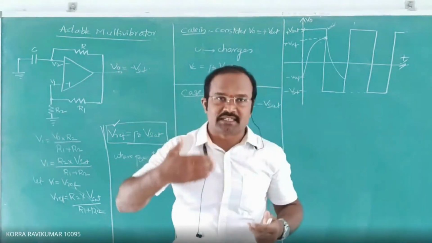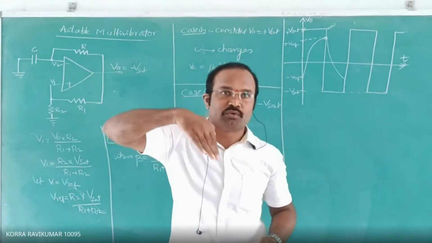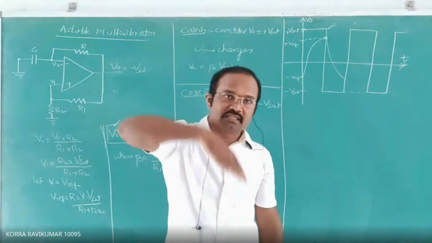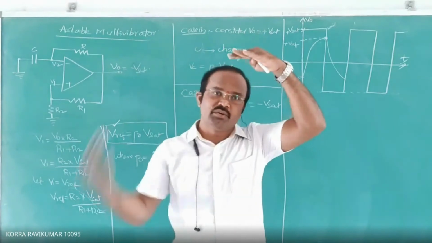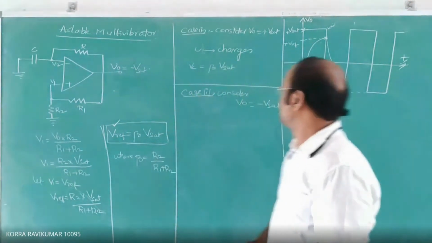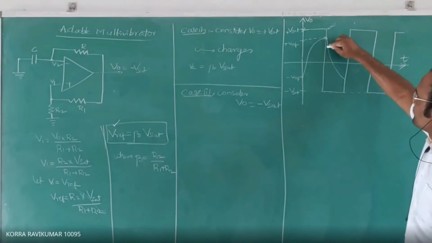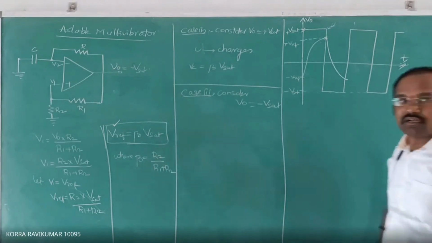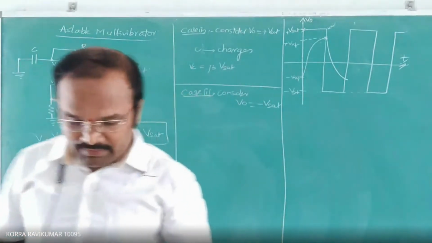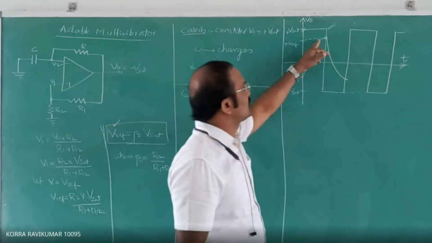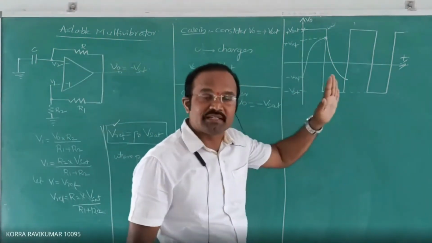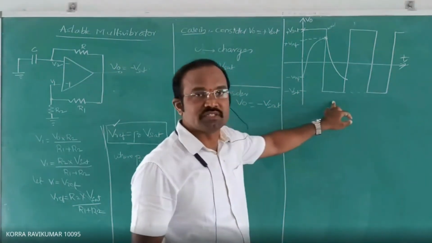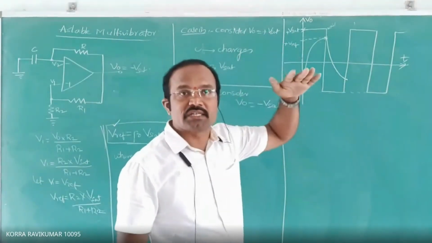కెపాసిటర్ స్టార్ట్స్ డిశ్చార్జెస్. తన దగ్గర ఉన్న 9 volts నుంచి 8 volts, 7 volts, 6 volts, 5 volts, 4 volts, 3 volts, 2 volts, 0 volts వచ్చేస్తుంది. కెపాసిటర్ గెట్స్ డిశ్చార్జెస్ from its maximum value to its minimum value. Okay, so capacitor gets discharges like this. Is it clear? Now what about the voltage across the capacitor? Means the capacitor is discharging towards the minus V saturation, but it won't discharge up to minus V saturation because it can discharge up to its minimum value.